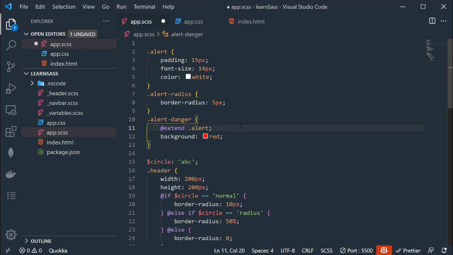So what we need to do, after .alert we have to add comma .alert radius like so. Save the file, go back to the browser.